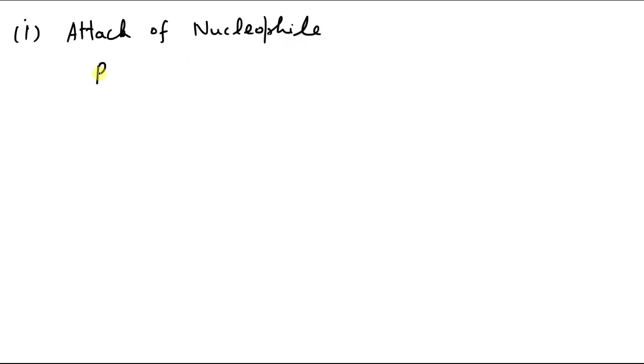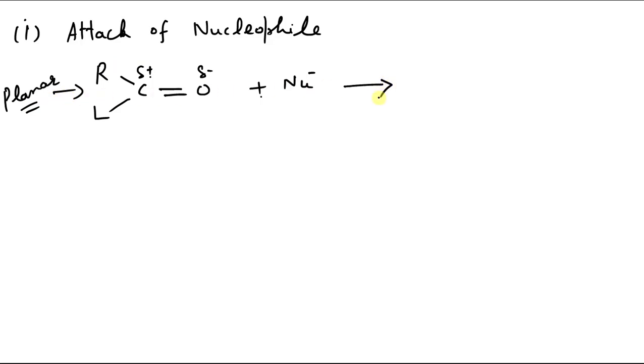Now we have this carboxylic acid derivative, this double bond O is partial negative and carbon is partial positive. Now the nucleophile attack is governed by both electronic and steric factors. What are electronic factors? Oxygen being more electronegative than carbon, because of that this bond is polar. And steric factors, because this molecule is a planar molecule, so this nucleophile can attack easily either from above the plane or below the plane, both sides are free.